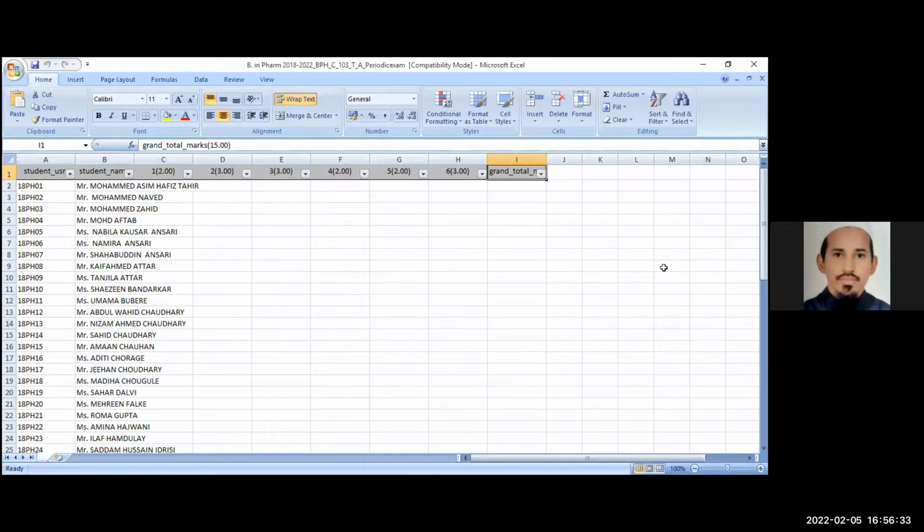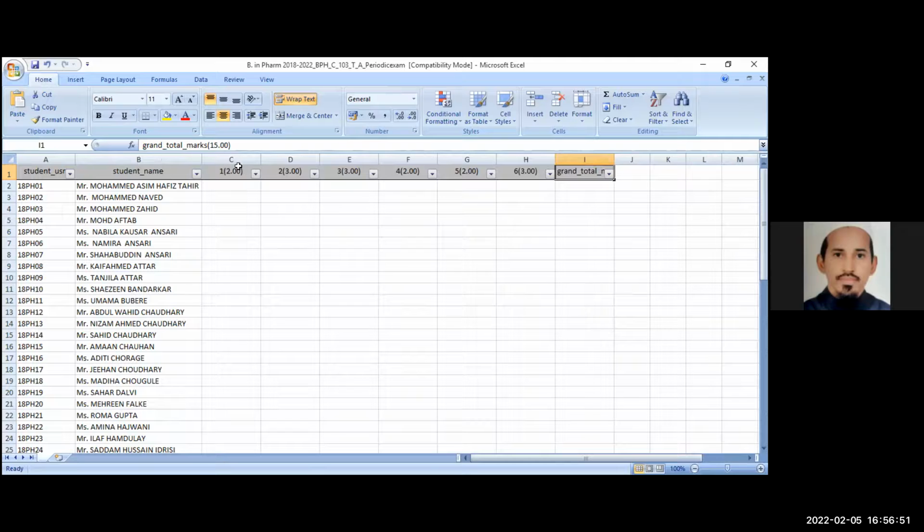Yeah, I guess it is visible. Yes, Rehan sir, is it visible? Yes, okay, sir. Look, madam, how it has come here: the roll number has come, and the name has come. Then see question number 2. See, you have to scroll slightly. See, this is question number 1, 2 marks. Question number 2, 3 marks. 3 marks. 4, 2 marks. Like that. Total here is 15 marks.